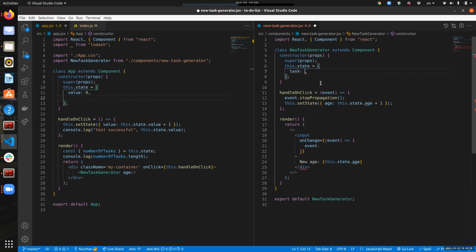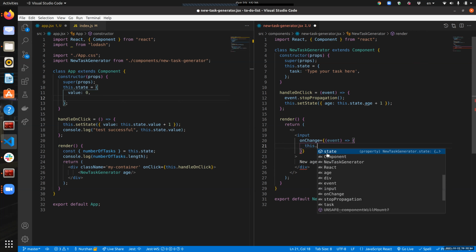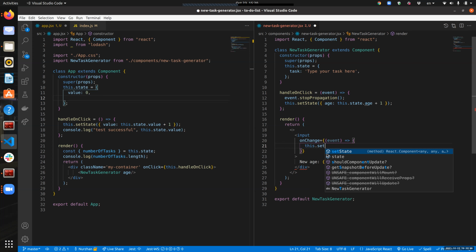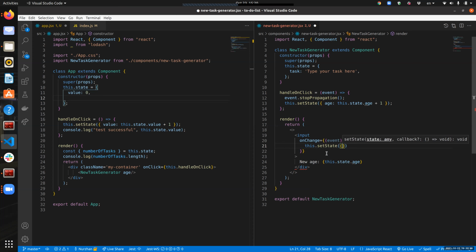It was just for explanation purposes, right? So we say task. We can say type your task here. We can say event, this set state. We say task, and then